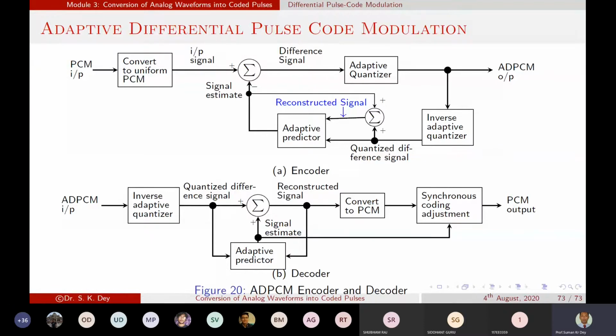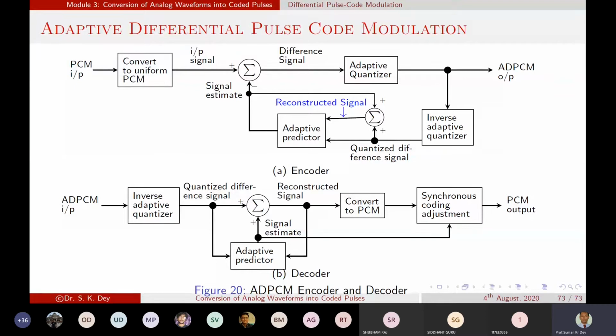When the difference value is small, and we know that for a continuous signal there is a correlation or relation between two consecutive samples, then if we take the difference of these two samples and transmit that value, at the receiver end we can easily retrieve the signal from it.